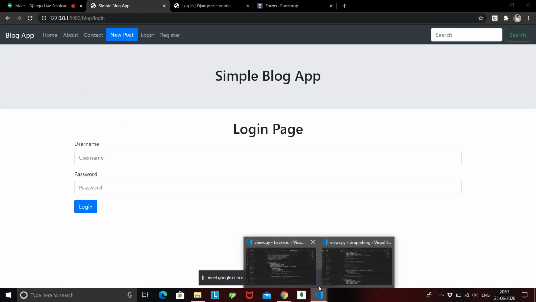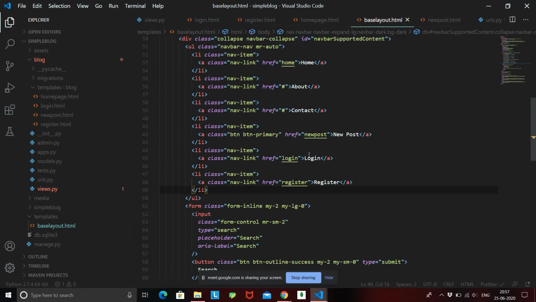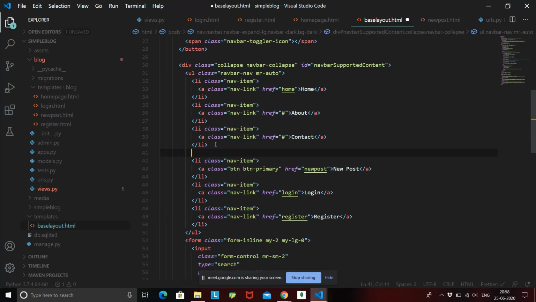So let's go to our nav bar, that is the base_layout.html, and here, for this new post button, we need to create a condition, right? So again we'll write some HTML over here.